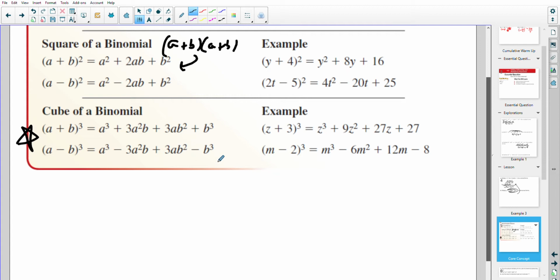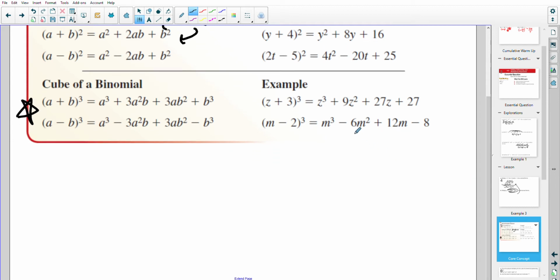Negative b, you still have a positive, and negative b, you would have a negative. So if you know the 1, you would be able to derive the second one by just substituting the negative b, and notice how these signs are alternating. You can also think about m to the third power would be positive, and then alternating the signs after